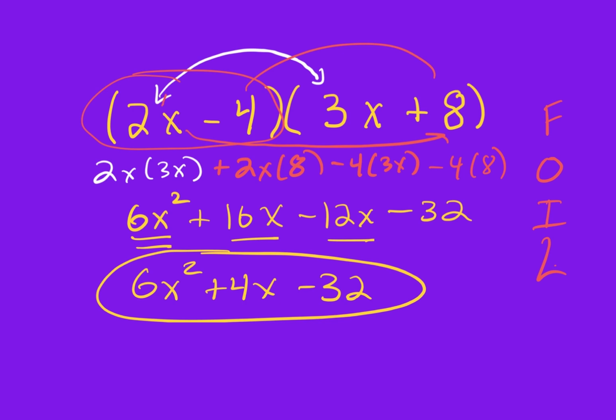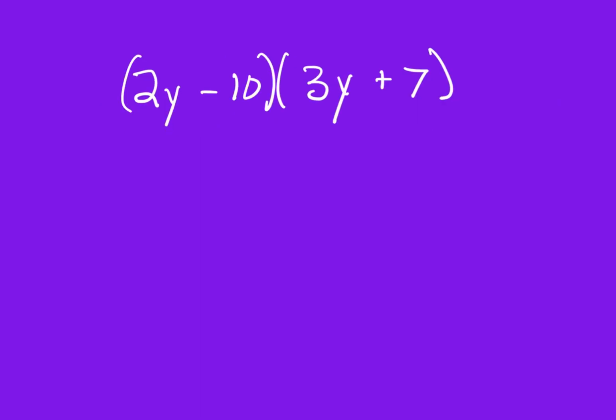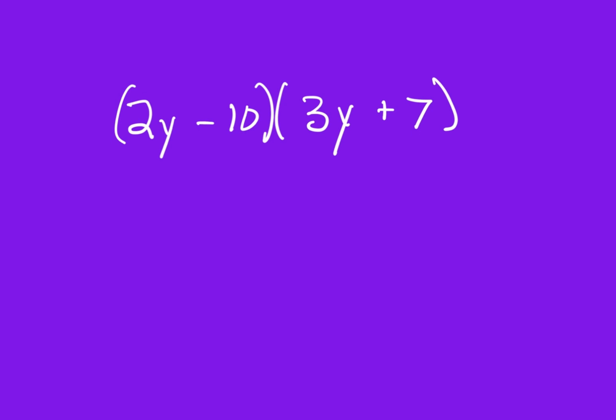Want to try one on your own? We really don't need to write down that second step. So 2y minus 10 times 3y plus 7. All right, we'll do this one. We've got a few more we're going to do, so we'll do this one together. So now let's kind of eliminate one of the steps. We really don't need that step, we can just do it, right? So first,